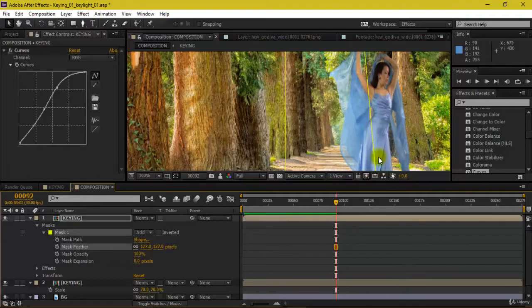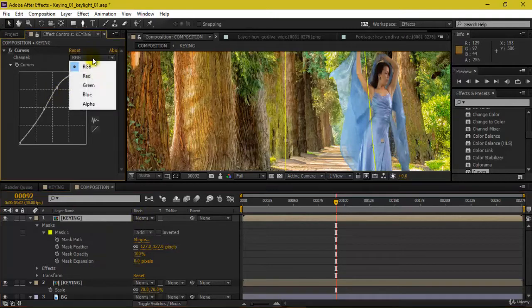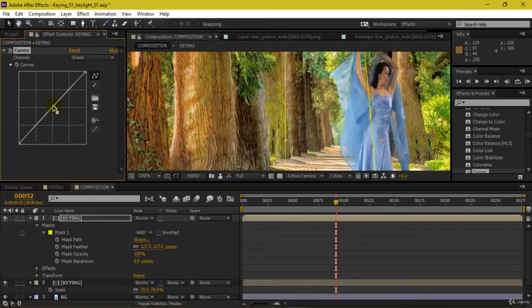So this is actually falling off over here. So if you can see, we have duplicated this keying and it's looking pretty nice. Also we can increase something the green area over here, some red.